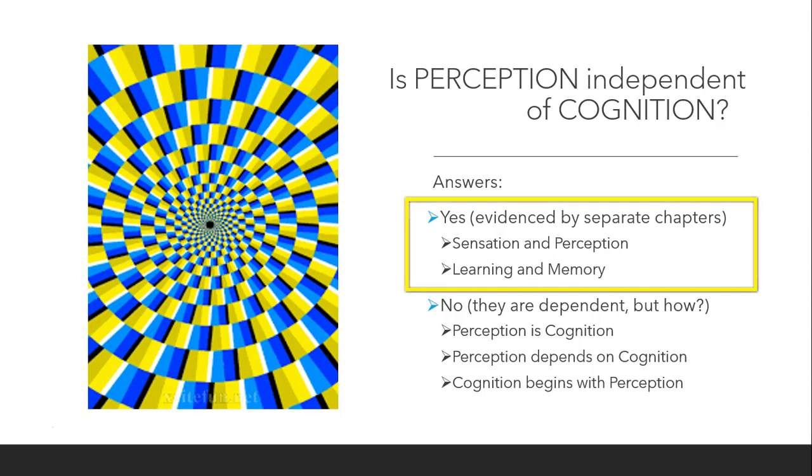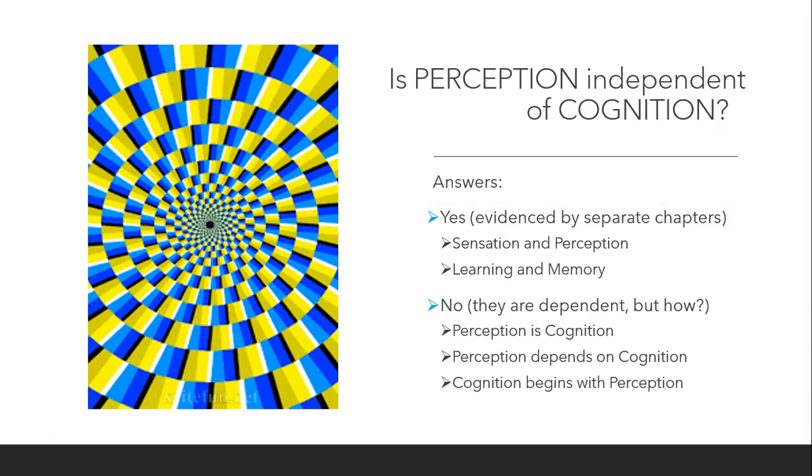She begins her remarks with the premise that because psychology textbooks have separate chapters on perception and higher level cognitive processes such as intelligence, learning, and memory, that this necessarily means that they are and have been viewed as separate and distinct, but then goes on to argue in her remarks that they are not. But this premise seems faulty. Just because we can distinguish between them doesn't mean that they're not related to each other.